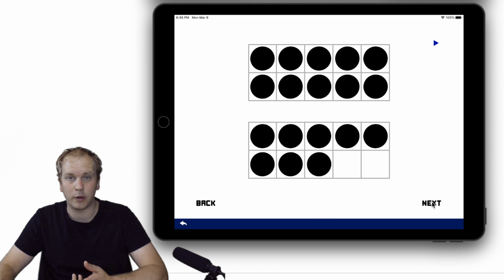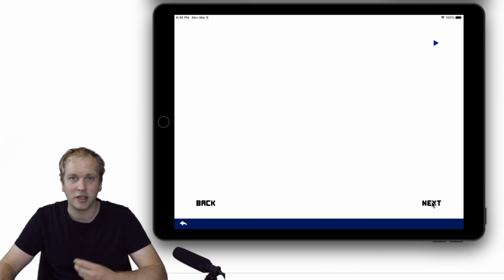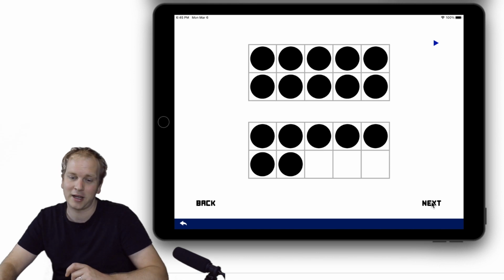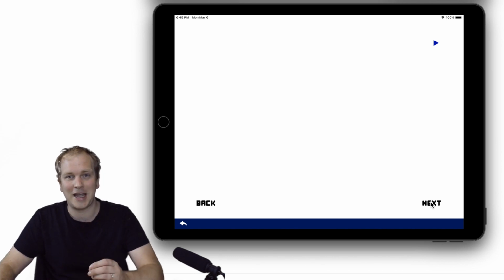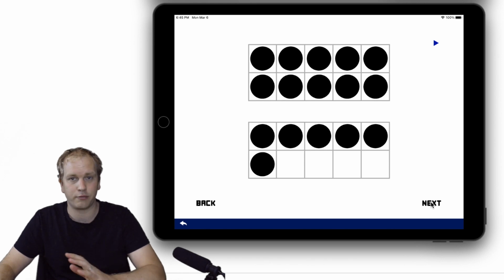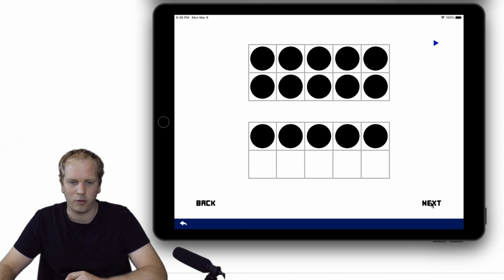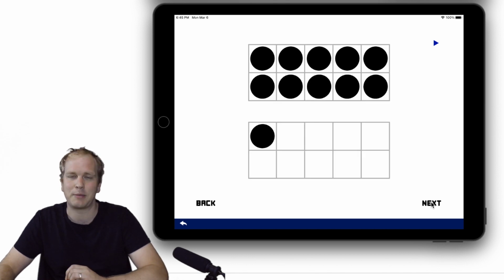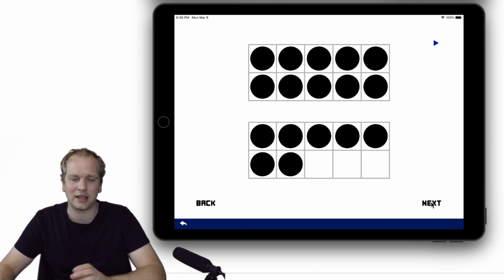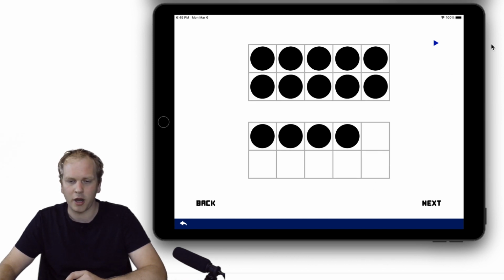So this is a really quick way to work through and build up visualizing all the teen numbers, because we know the minefield of the teen numbers with the language and just how tricky it is, because we know how much of a sticking point that is for so many of our kids, with the teen numbers just not making sense. But this at least really shows us the structure clearly. But then we can go one step further.